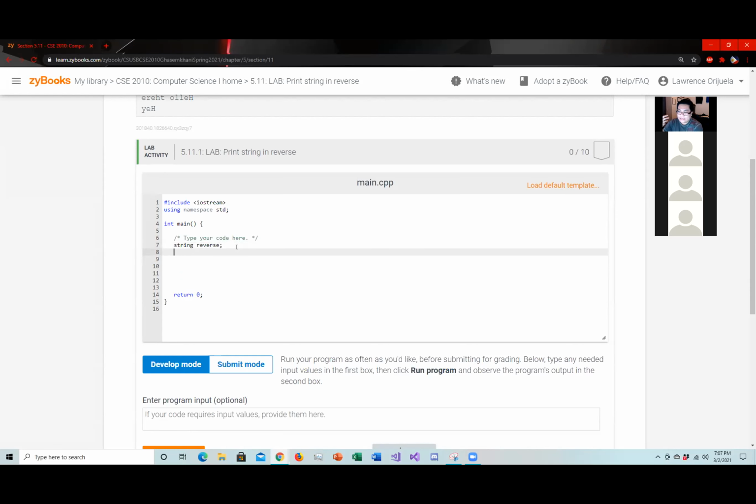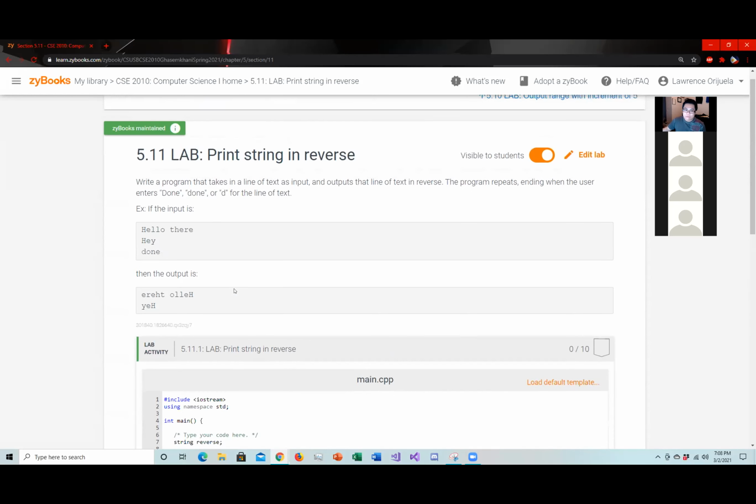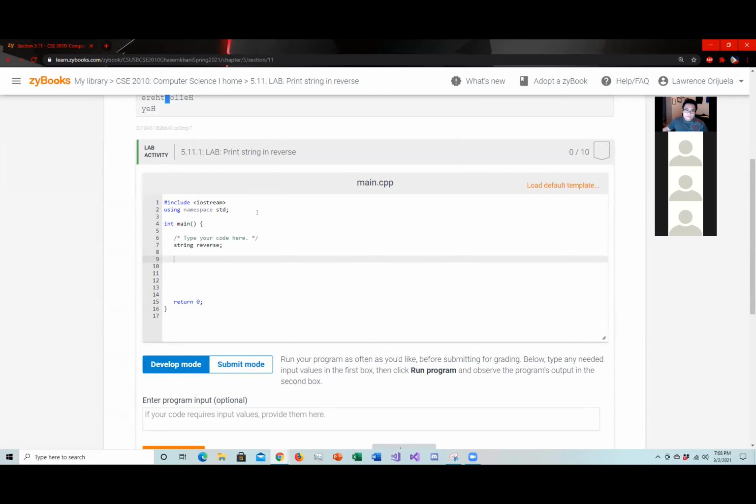And then we're going to say we're going to use... in order for the user to put this in, we're not going to use cin. We need to use getline because there's a possibility that strings might have spaces between, right? Okay, so in order for us to do this, we're going to need to include